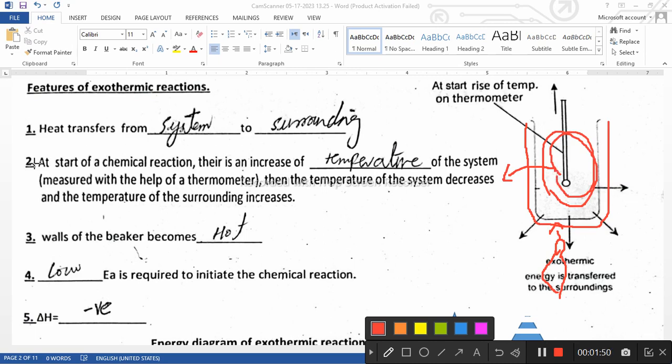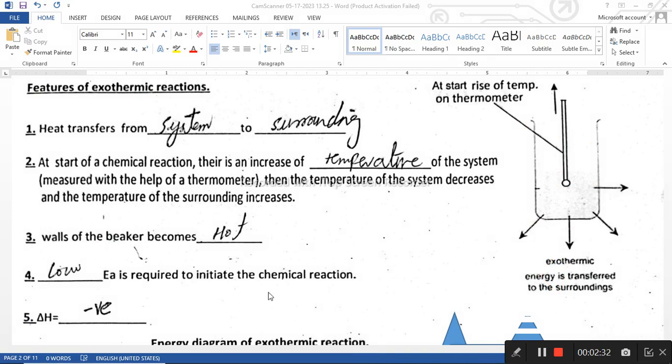Okay, so let's read the point number 2. At the start of a chemical reaction, there is an increase of the temperature of the system, as I told you. The temperature will be measured with the help of a thermometer. This is the thermometer. Okay, and then the temperature of the system decreases and the temperature of the surrounding increases. With the passage of time, the temperature of this system will decrease and the temperature of the surroundings will increase, because it would release energy. Because exothermic reactions release energy, they produce energy. Okay, so the next point is